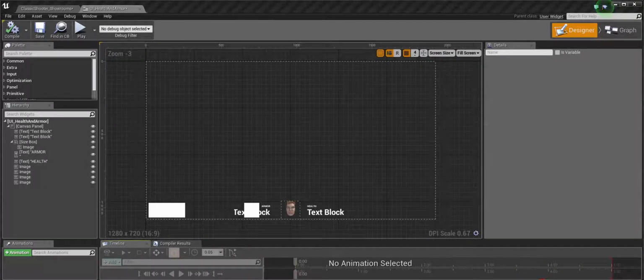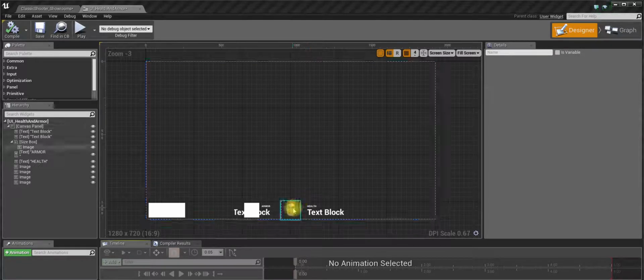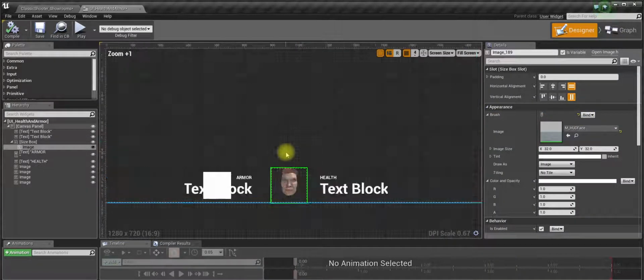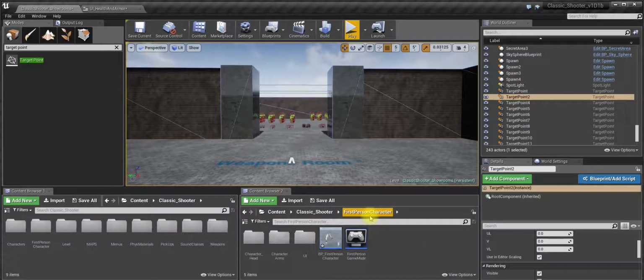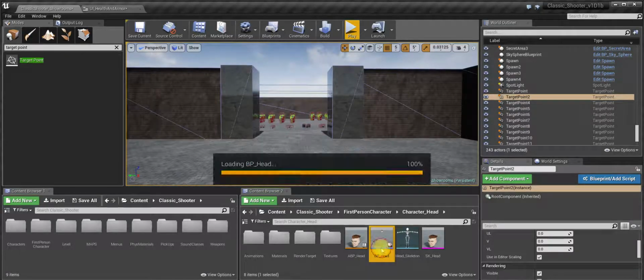Okay, so in this video we're going to take a look at render targets and what we can do with them. So first, how our character's face is being rendered. Let's go to our first person character folder and character head, and here we will open the blueprint for the head,